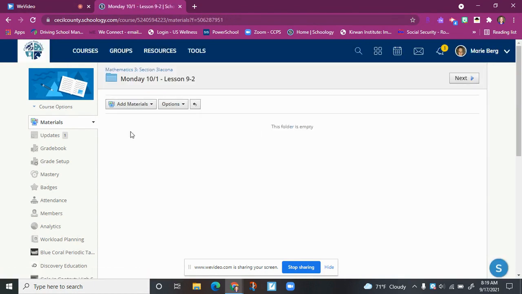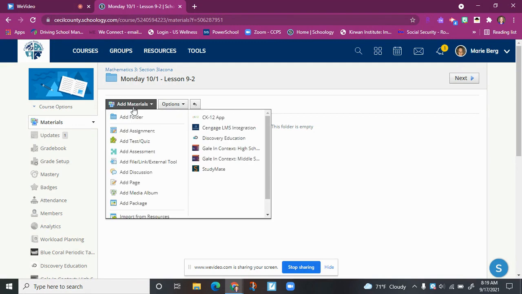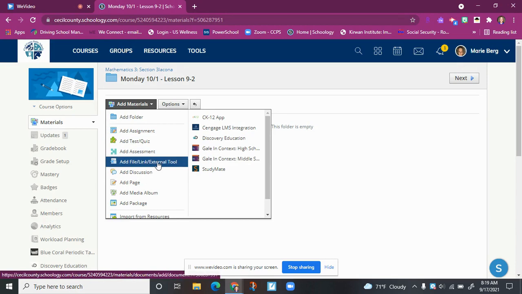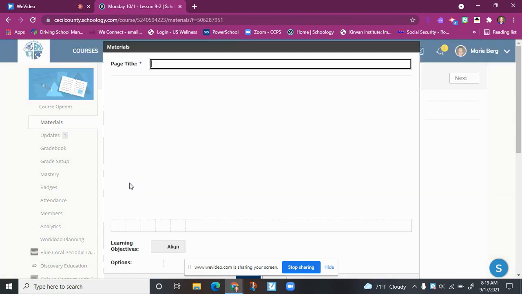It's saying this folder is empty. So, add materials. You have a lot of different things that you can do here. If ever you want to just put a link in for the students to access, you can do that here. If you want to add a discussion for the kids to respond to, you can do that. But most often in your circumstance, you're going to add a page, and then it's like a blank page